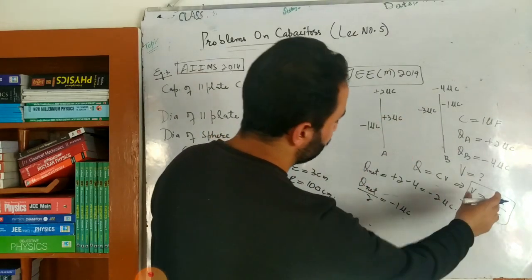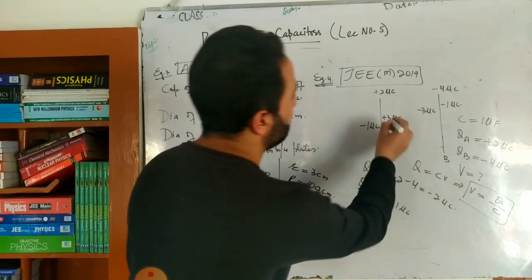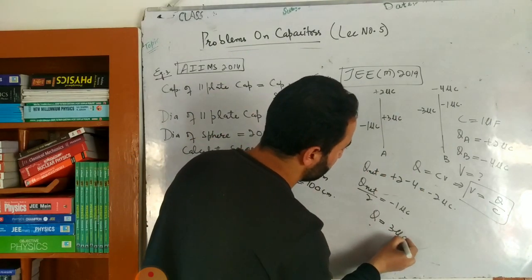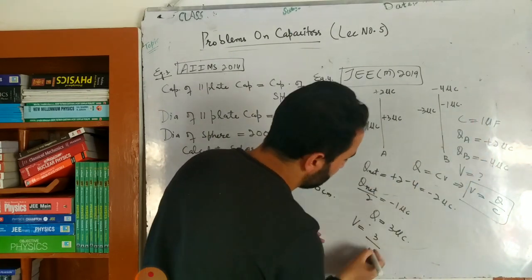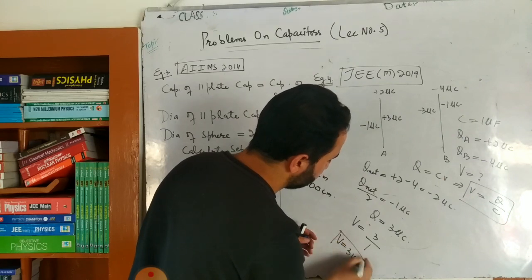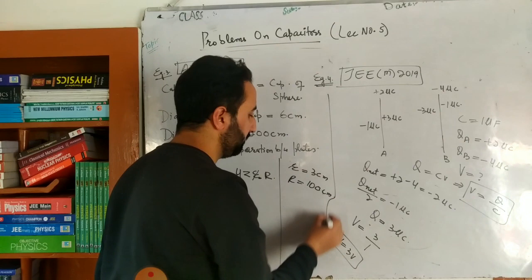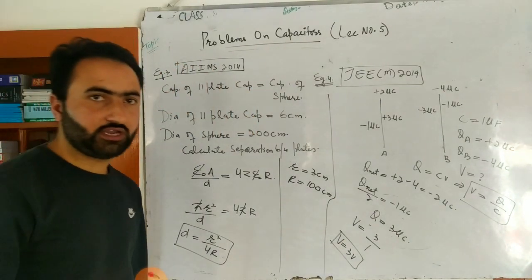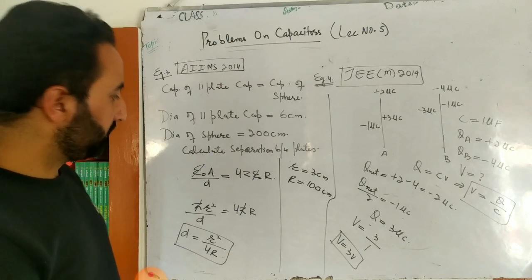Now here the charge is Q, capital Q, that is not equal to 2, that's not equal to minus 4, that's rather equal to 3, so that's 3 microcoulomb. So potential will be equal to 3. The capacitance is 1, so this also micro, this also micro, so the answer will be 3 volt. Simple. This question was asked in JEE Main 2019. Okay, done. So write it down till here, write it down quickly.